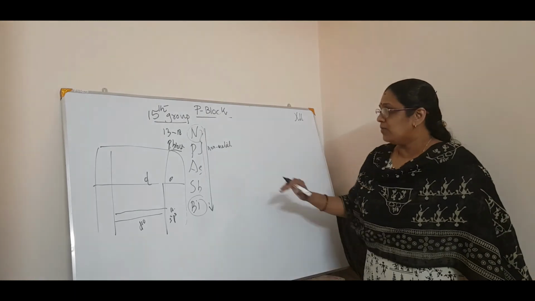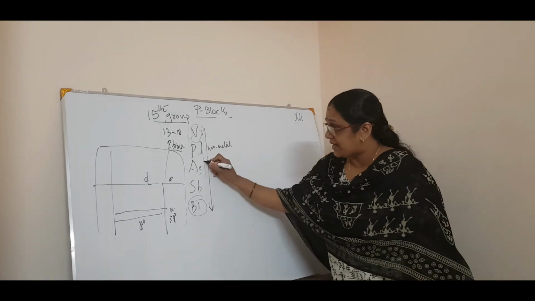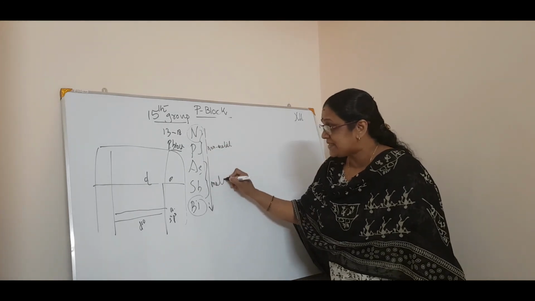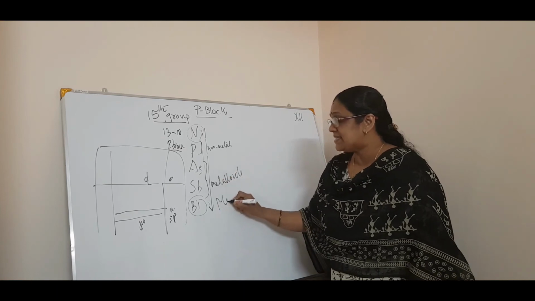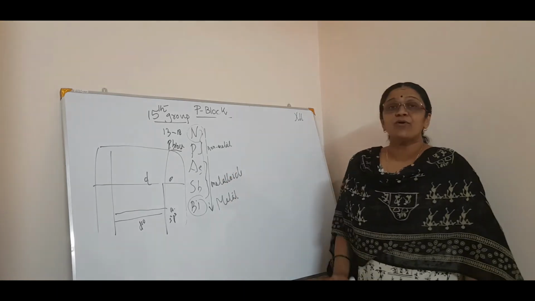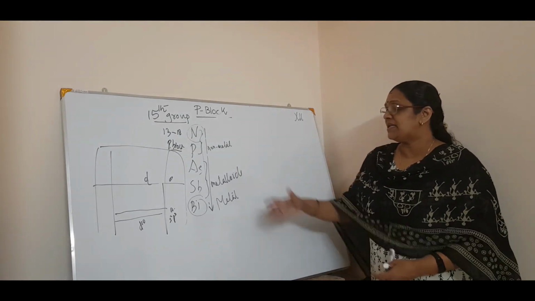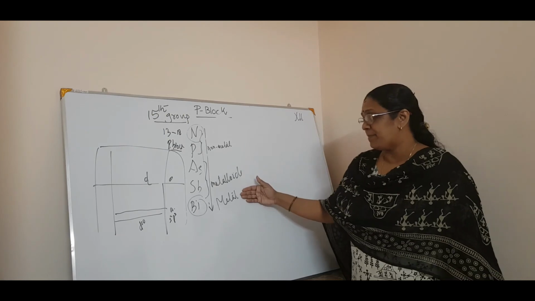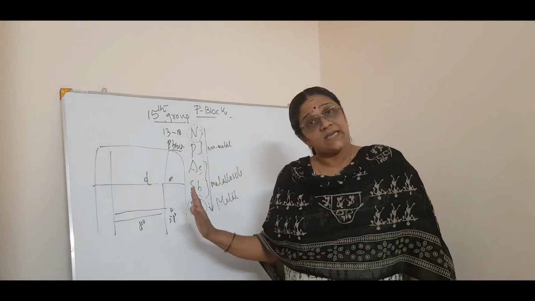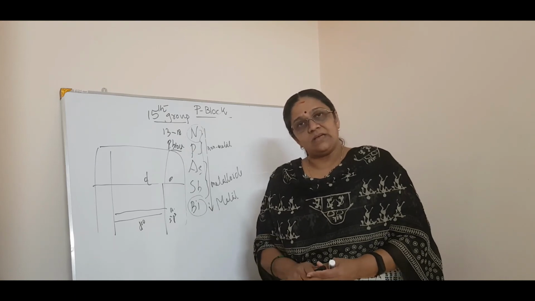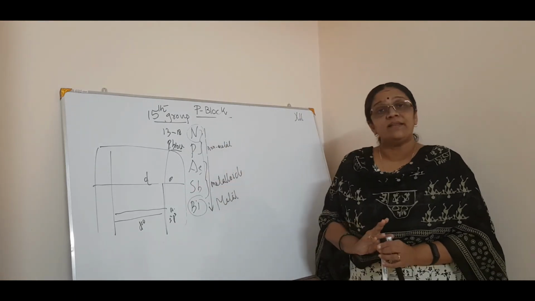Now, nitrogen and phosphorus are non-metals, then arsenic and antimony are metalloids, and bismuth is a metal. See, in the same group you can have all these: non-metals, then metalloids, and then metals. Okay. Now, when you say physical property, as you go from top to bottom in this group,